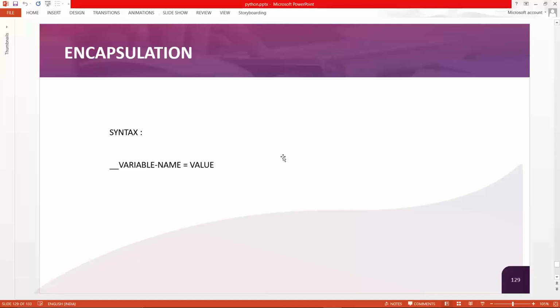If you want to make some data, some variable secure, and you want to only use it somewhere, but you don't want to tell people where the variable is coming from or what calculation it is doing, you don't want people to get access to that data. So for that we use data encapsulation.